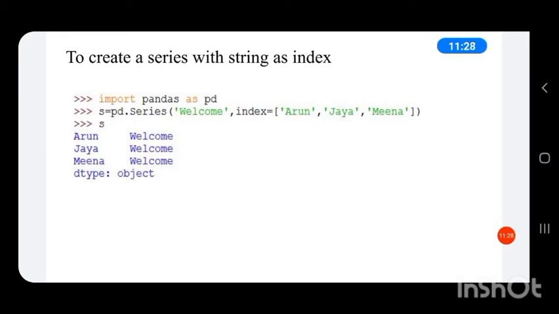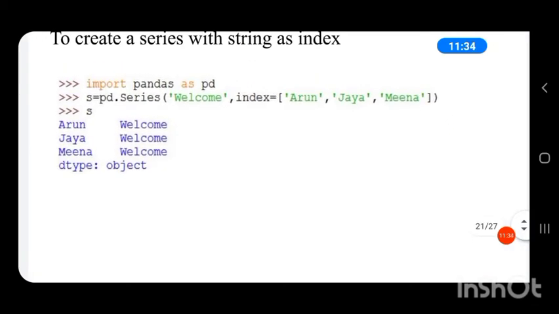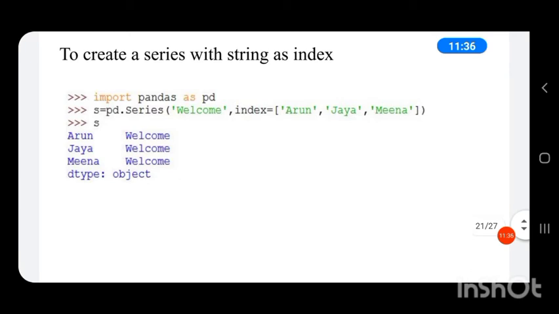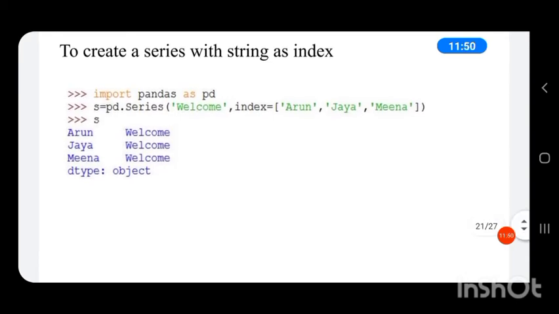Then s is equal to pd.Series. In the Series function, S should always be capital. Then bracket open. In that, we are giving the data as a string, which is welcome. Then comma, index equal to, in square brackets, given as a list, Arun, Jaya, Meena.